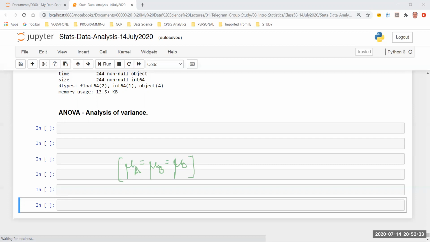This is the standard null hypothesis, H of 0, that will always exist when it comes to ANOVA related use cases. So if you see any situation where your null hypothesis comes out to be something like this, then it is quite clear that we have a problem related to ANOVA.